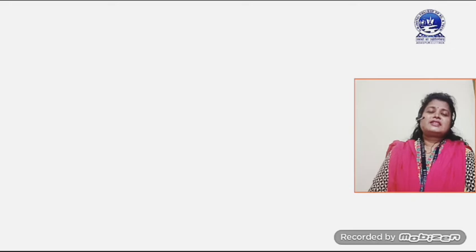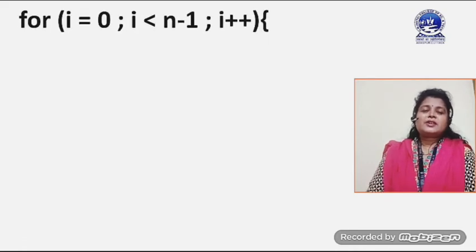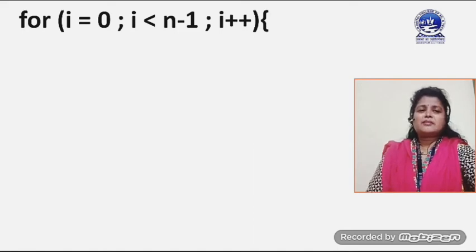Now I am going to discuss the algorithm of selection sort. We know there are a number of different approaches to writing an algorithm. An algorithm is only a way to represent the logic. Here I have used a for loop, a nested for loop in fact, to represent the logic. In the first for loop, I equals 0, I less than n minus 1, I plus plus. It means that in the outer for loop we continue n number of times, because I starts with the value 0.